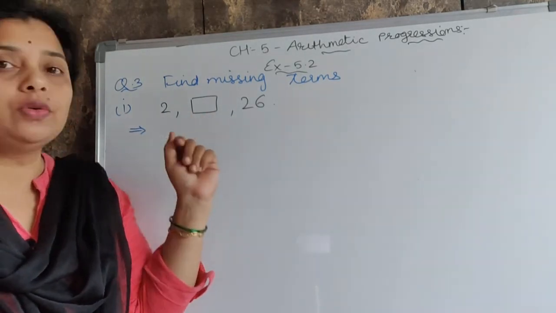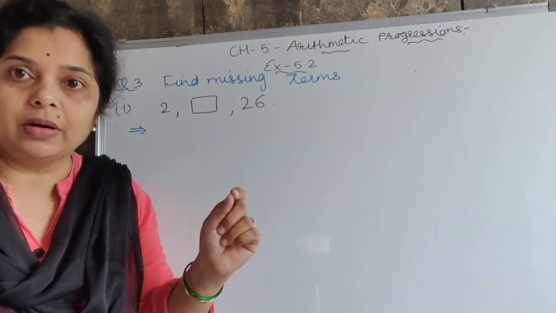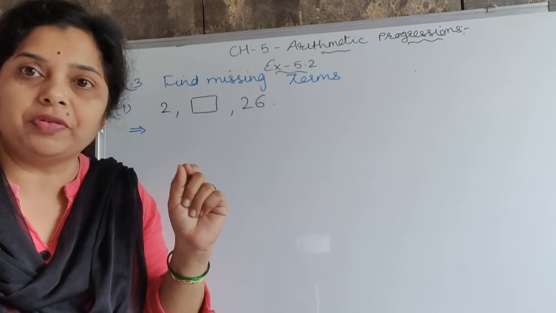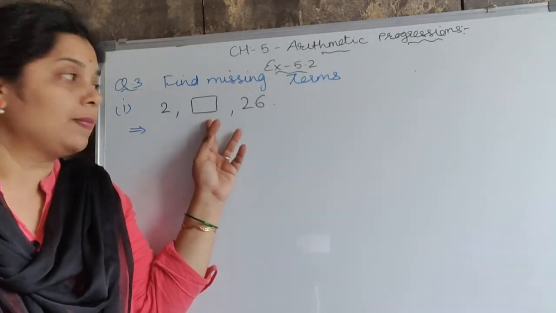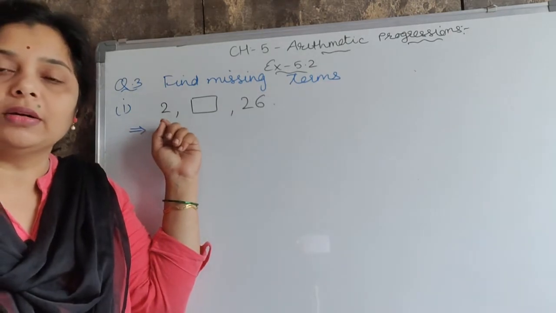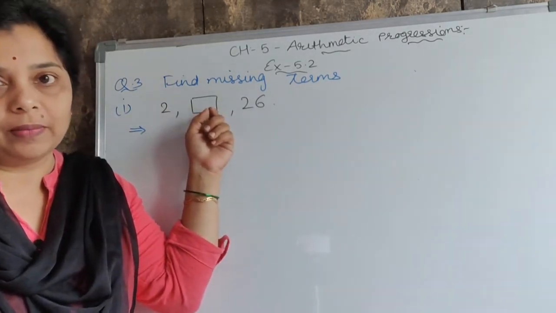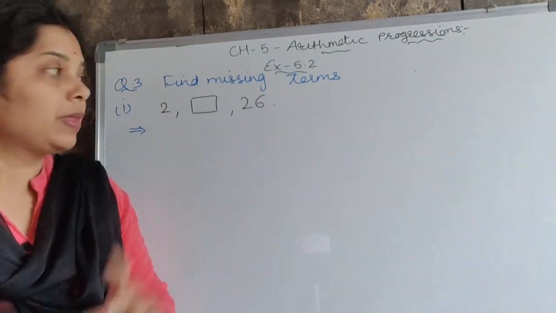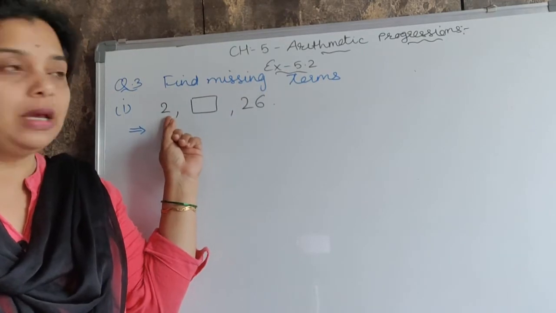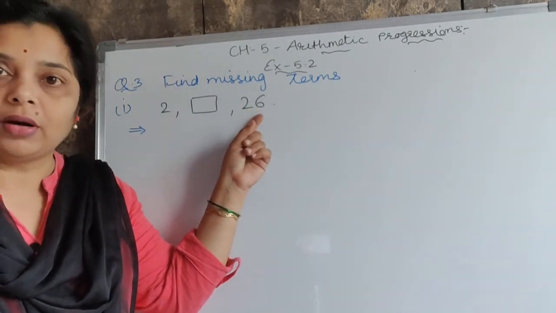Now, what we used to do to find out the succeeding term? Add a fixed number that is a common difference in the preceding one. It means if we have to find the second term, what will we do to the first term? We will add the common difference D, then we will get the second term. Okay, but here the common difference is not given. We only have the value A and the last value 26. Last means it is the third term.